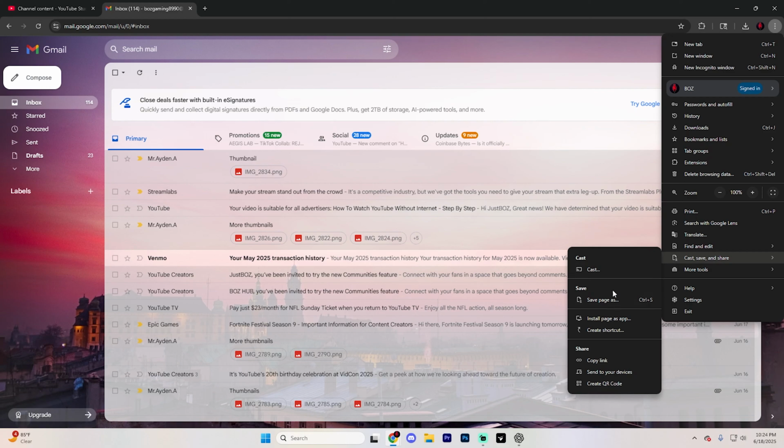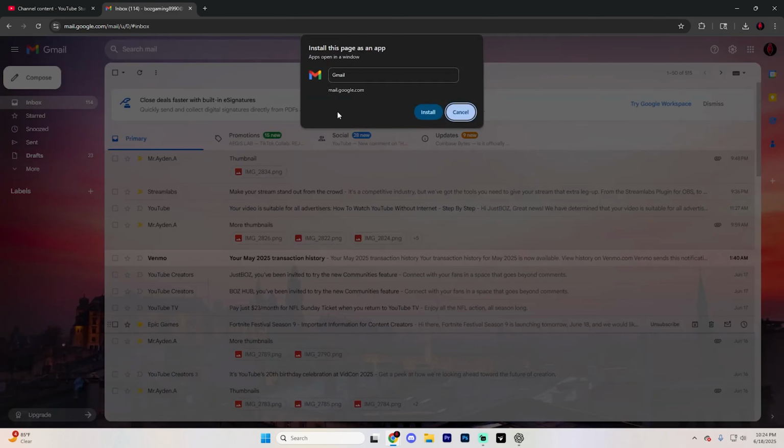Go ahead and open up this page right here and you'll see an option that says install page as an app. Go ahead and click on that. A pop-up is going to appear asking if you want to install Gmail. Go ahead and hit install. But that's it. Gmail is now installed on your computer like a regular app, ready to open anytime without needing